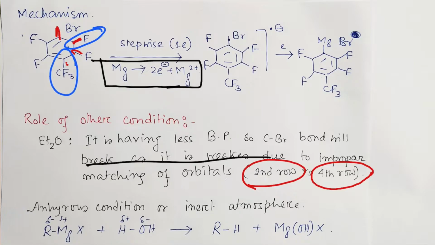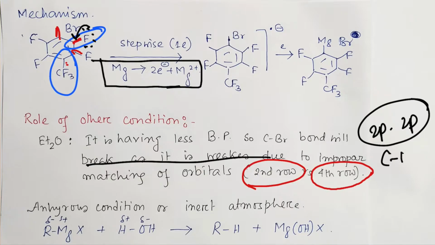Now the question: why is carbon-fluorine relatively stronger? Because it should be more polar. Actually there is another phenomenon: fluorine has a lone pair of electrons, and this lone pair could be donated to the benzene nucleus. This is back bonding, you may consider. In this case it is a 2p-2p overlap, and we know 2p-2p overlaps are more efficient. That's why this carbon-fluorine bond has more than single bond character, or partial double bond character.